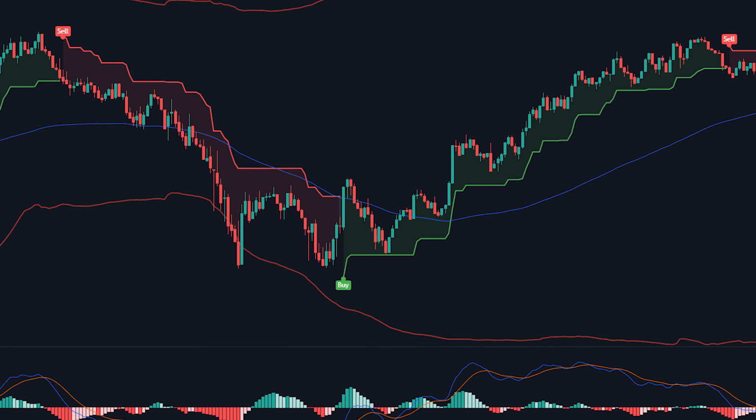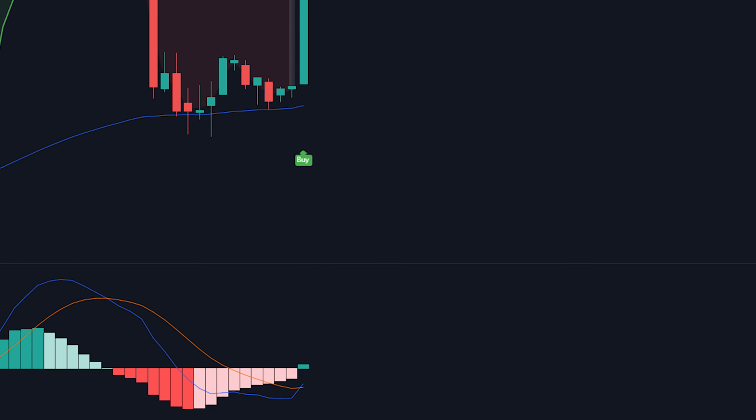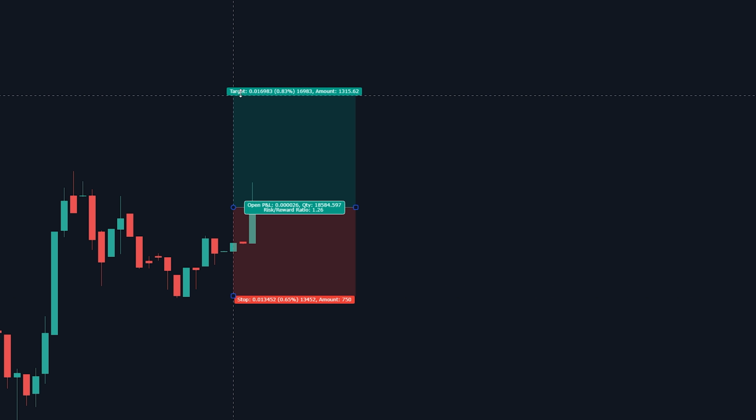Has this ever happened to you? Your trading strategy gives you all the signals to enter a trade, so you enter. The chart is looking extremely nice and you're confident that the price is about to go up. You set your stop loss, set your take profit, and then you have your eyes glued to your monitor.